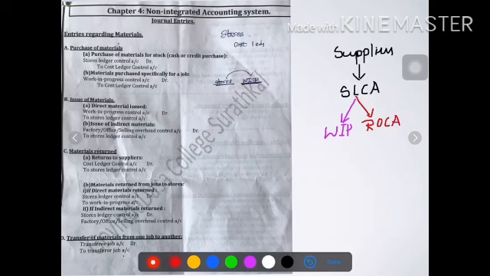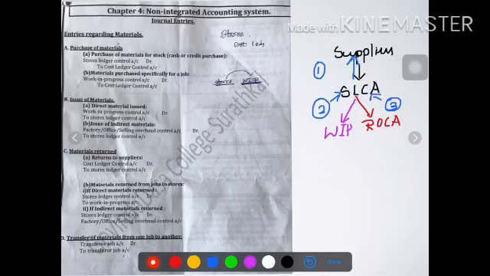So before passing the journal entry, we should see whether the material has been returned from stores ledger control account to supplier account, or from the work in progress, that is direct material, is getting returned to stores ledger, or it is getting returned from the respective overhead control account to stores ledger control account.